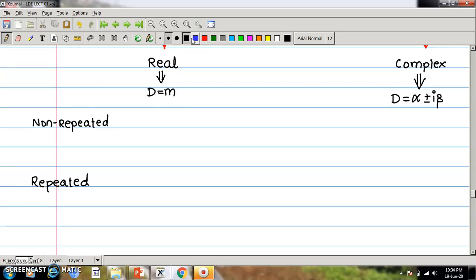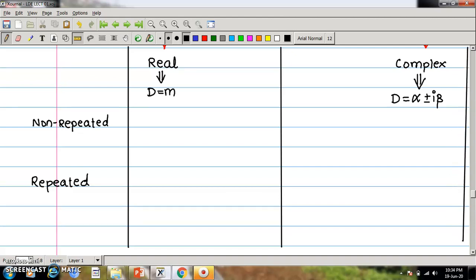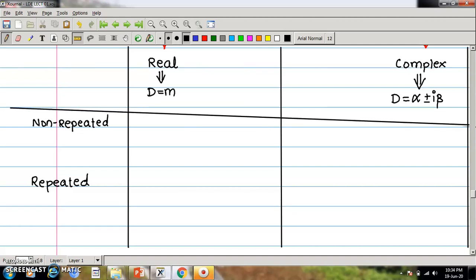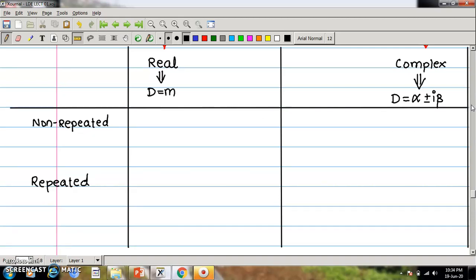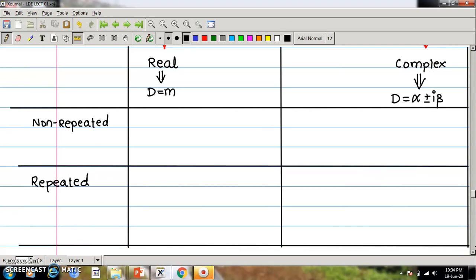So for these cases we prepare a simple table for the sake of calculating complementary function. So this is the summarization. Here we discuss some important tricks on how to figure out the required complementary function. I hope this table will be beneficial for you to simplify any example on complementary function.